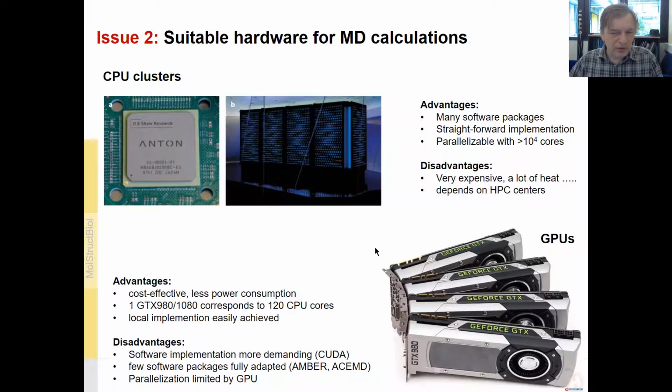So we use graphics processing units, graphics cards, to do molecular dynamics calculations. And a modern 2080 card from NVIDIA, this is a slide for the 1080 card, makes in the range of about, I think, 300 CPU cores. So you can assume that when you do a calculation on the graphics card, it goes about 200 to 300 times faster than on your CPU. That's also cost effective, because